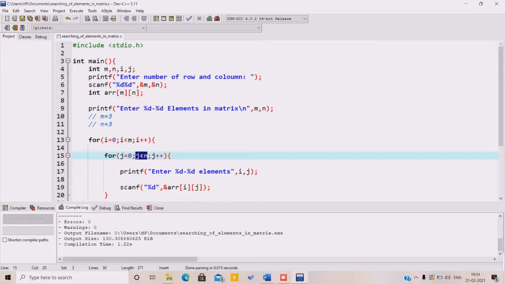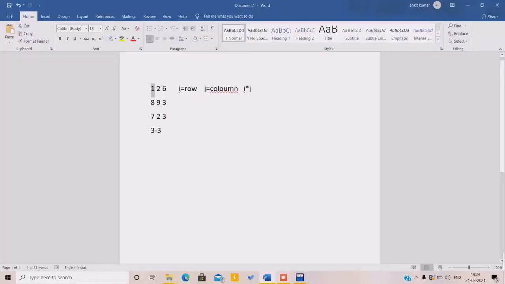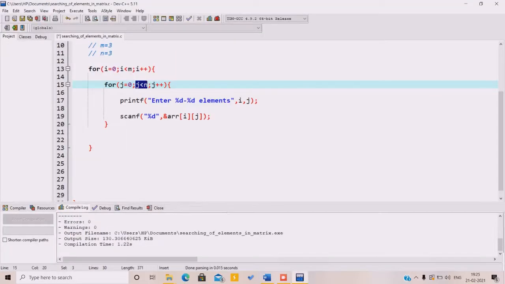So it comes under this for loop and first prompts the user with printf %d element. Here i and j are both 0, so the 0 element is 1. First it takes a scan of the 0 element.